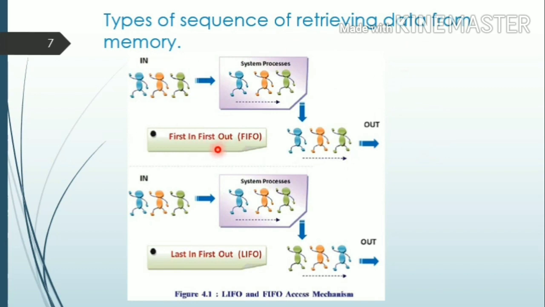the first in, first out. Suppose this person is going inside the process, that person will come first out from here. Now, but in last in, first out, that is called LIFO. Here you check the sequence, the same will go here. Okay. Now, here the person below came last, but is going first out. Okay, this is the accessing mechanism.